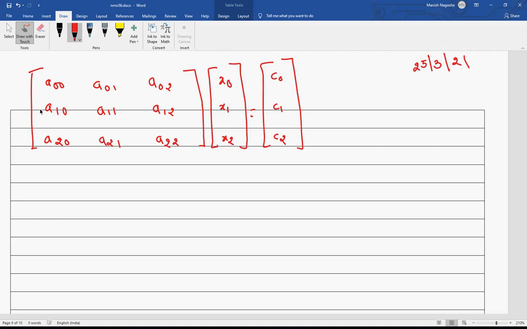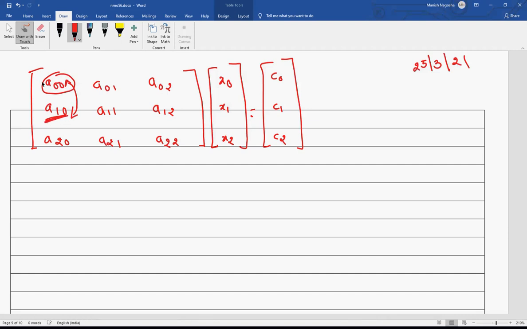So in case of pivoting, what we do is we compare this and this, and we exchange depending upon the decision. If this is smaller, we exchange the rows. Here in this case, with the help of this, I have to make this 0.